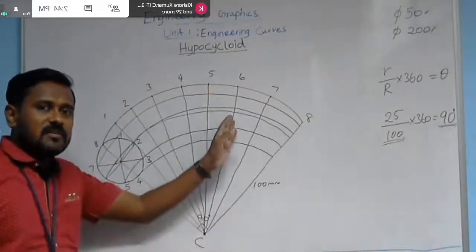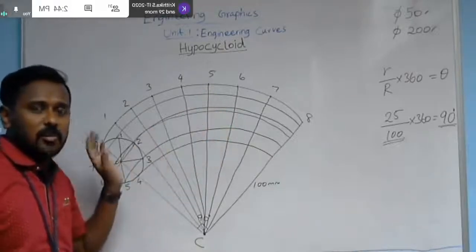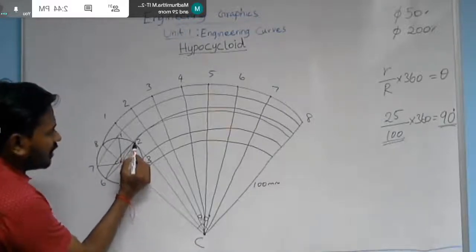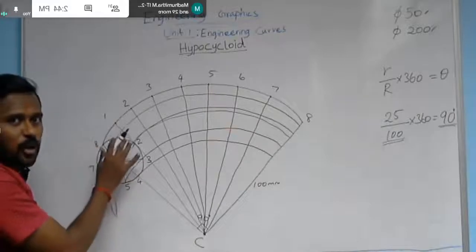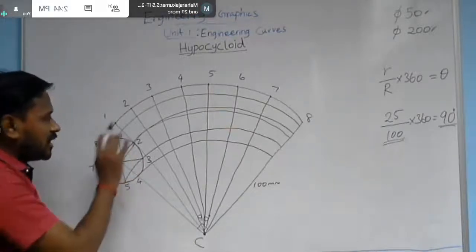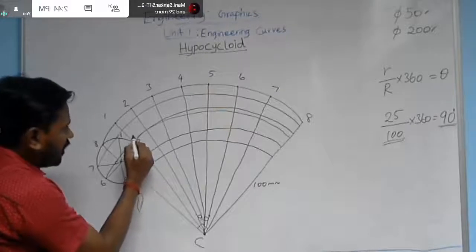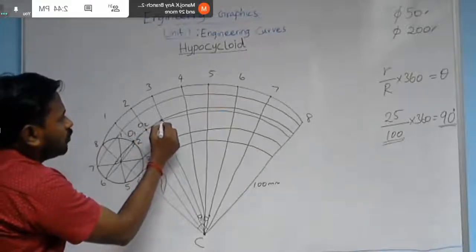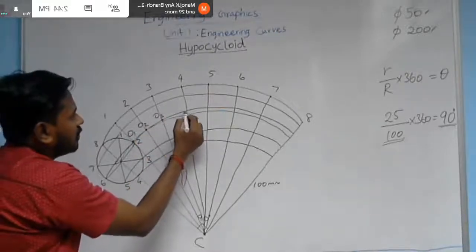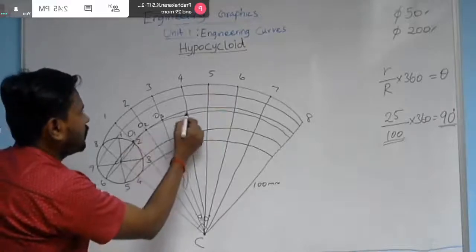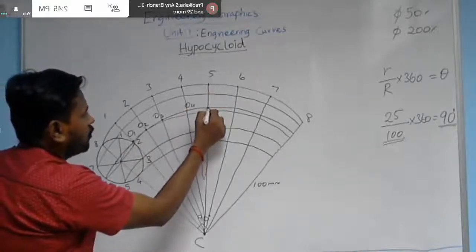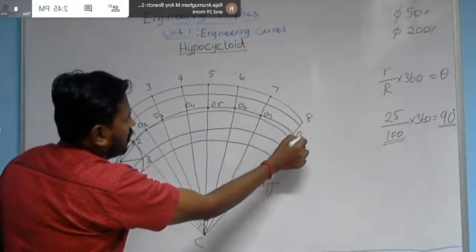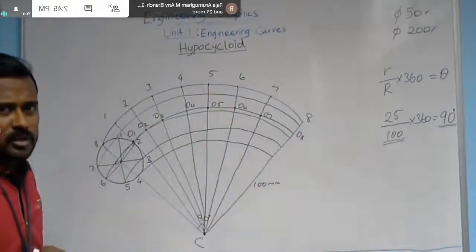These joint lines will intersect the arc of centers at a point. Mark the points at the centers. See here, this is nothing but the arc of centers. In this view, it may be a little bit confusing, but on paper, if you do it, you can get a clear vision of that. So here I am getting O1 and there O2, O3, O4, O5, O6, O7 and O8. Up to O8 you can mark.